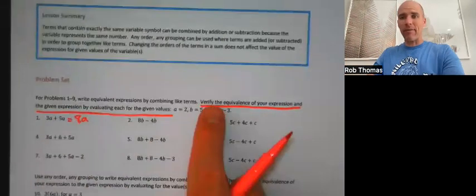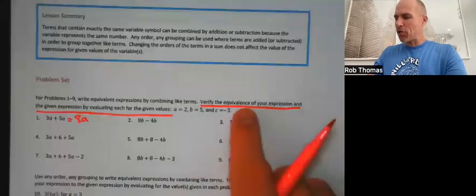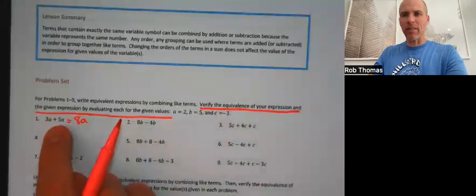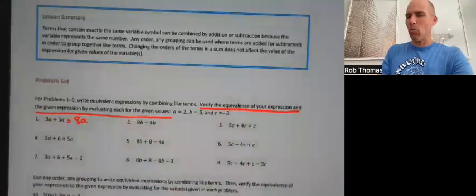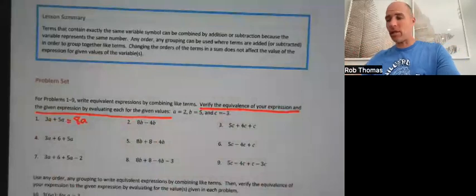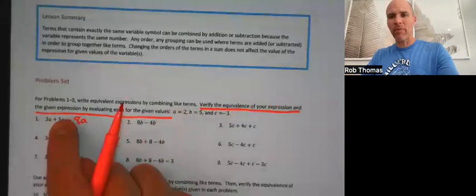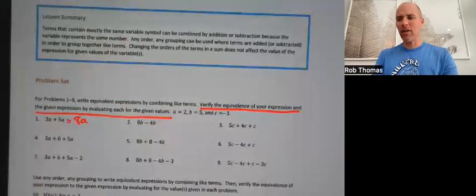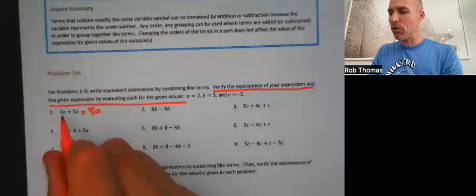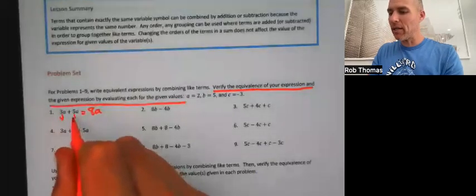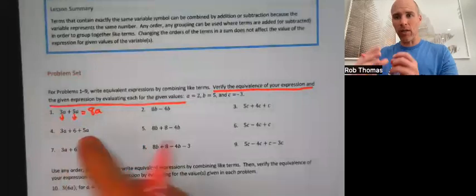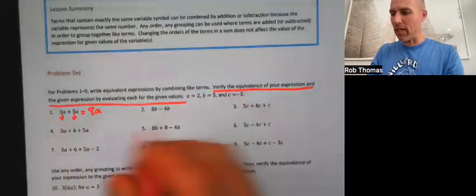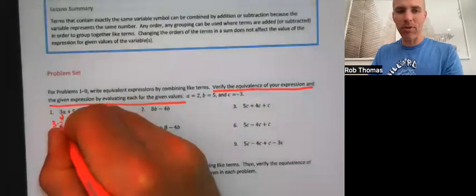Now they want you to verify, which means make sure, right? Make sure that your expression is equivalent to the given expression, like prove it. Well, they're equivalent if, when we put the numbers in for the variables, they evaluate to the same number. Evaluate means to just do the math and get an answer. So we're going to put 2 for a in the original expression, 3a plus 5a. If a is 2, then this is 3 times 2, not 32,